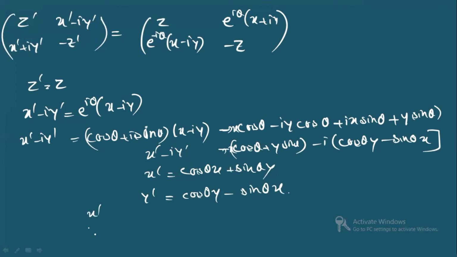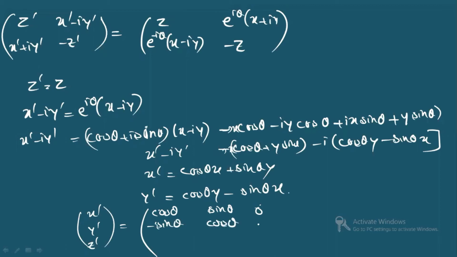So finally you can write x prime, y prime, z prime. Okay, it is equal to what? You can write it as what? Right? This is what? Sine theta. z is what? z is 0. Again you will write what? You will write here minus of what? Sine theta, in matrix form I'm writing, okay? This is what? Cos theta. z is what? 0. This is equation 1, this is equation 2, and this I'm considering to be 3.